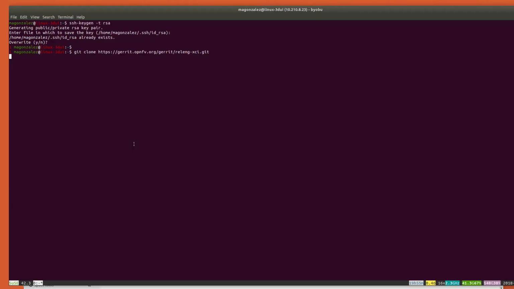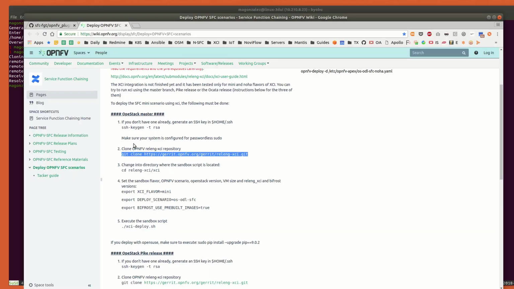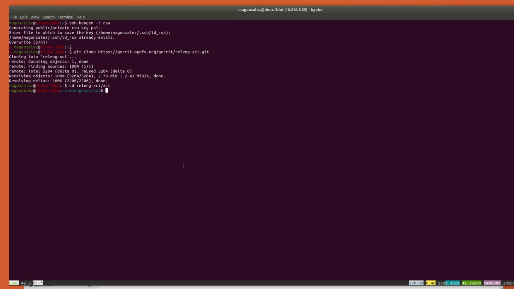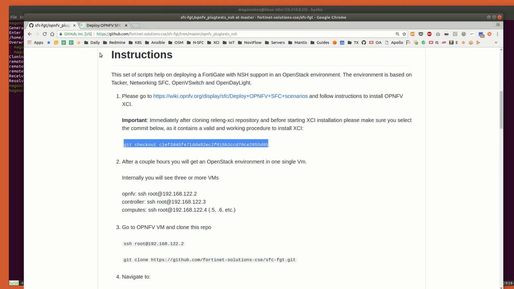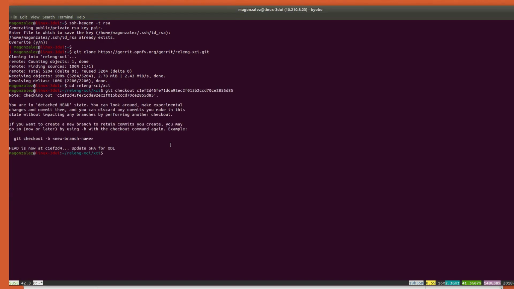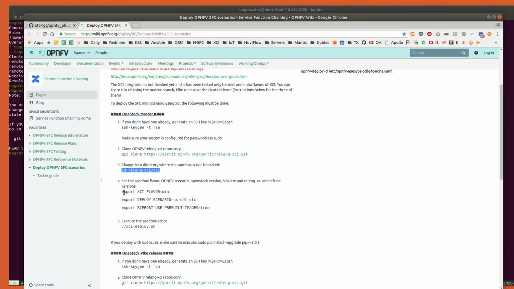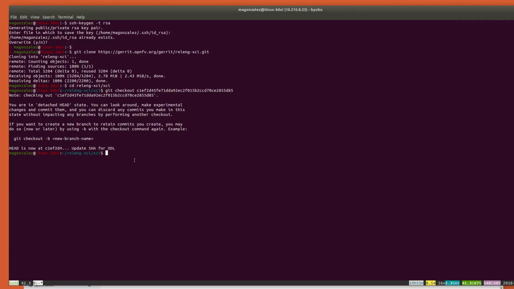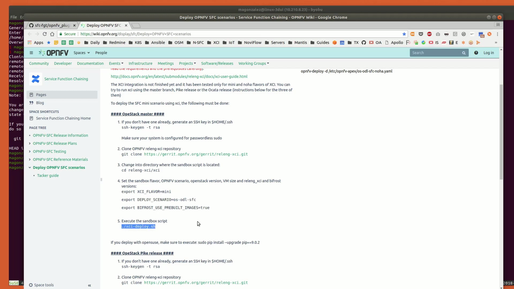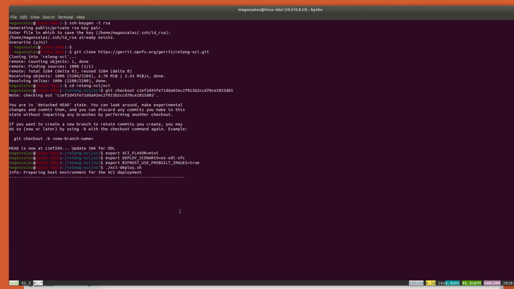Then we have to clone the XCI repository. Then we have to change the directory to make sure we are in the repo. And a very important step, we have to select a commit that we know works smoothly. For that we use this git checkout command. And after we have set the environment variables, we are ready to start the deployment by executing the XCI deploy